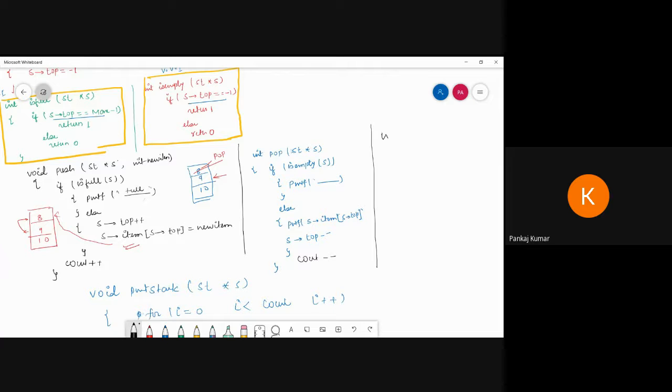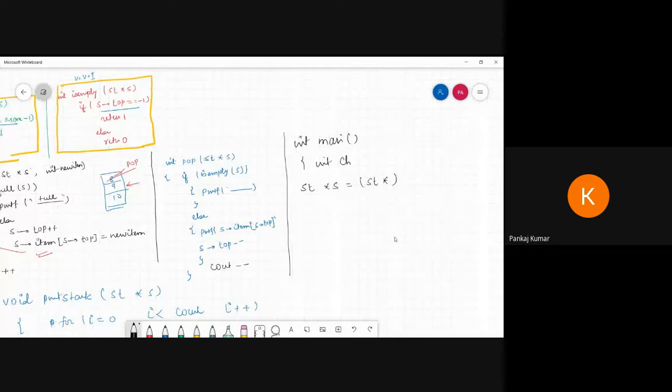So what am I going to write? int main, and inside that I can create a pointer, this is the pointer being created, and here I am passing the pointer, that means the data type and pointer, and here malloc and sizeof. I am passing sizeof st.